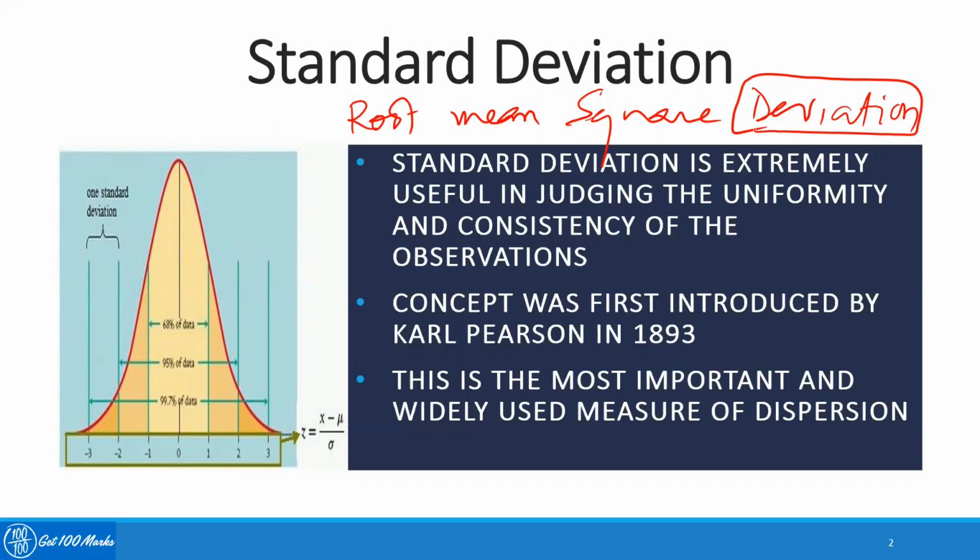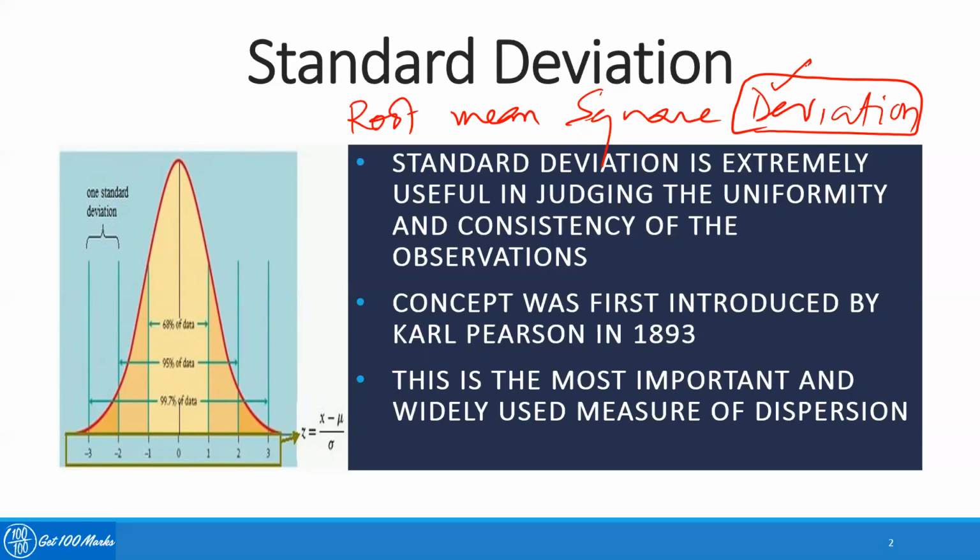Each individual observation will take the deviation from the mean. Now some of the deviations will come negative and some positive, as some of the values of x will be more than x bar, the mean or average, and some of them will be less than the mean. Because of that, if we add them, we get the value 0. This is a property of the arithmetic mean also. If you take the deviations from the arithmetic mean, the sum of the deviations of all the values is equal to 0.